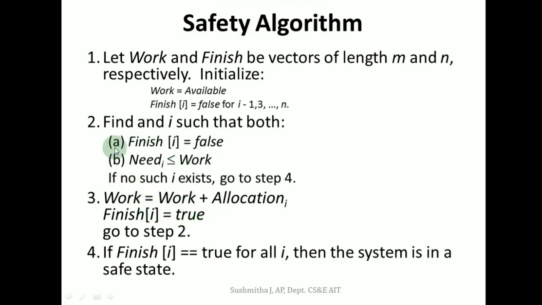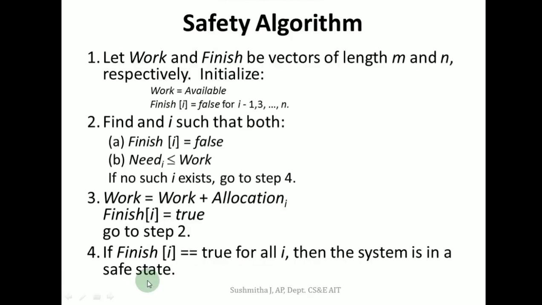So for every process I keep checking if the need is less than the available. If it is so, then I allocate, and then my available will change. I will add the allocation for the next process. Here, if I have allocated for process 1, then for the next process 2 my available will change, as I will be including the allocation of process P1 as well. Like that, for every process in the system, we check and develop a safe sequence and then tell that the system is in a safe state.